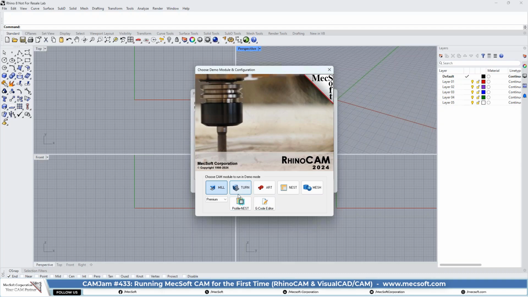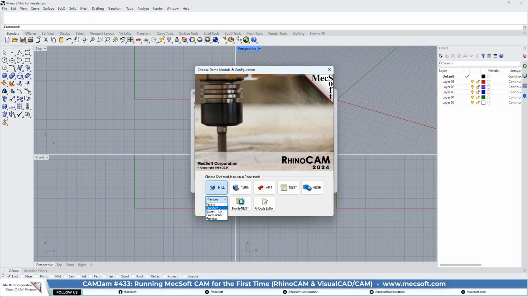Now, what's important to note here is that for running the mill module, you can choose which configuration you want to run. For example, if you purchased a standard configuration and you want to know what's in the expert configuration, just go ahead and unplug your computer from the internet and run the product, and you'll come up in demo mode because it can't access your license.